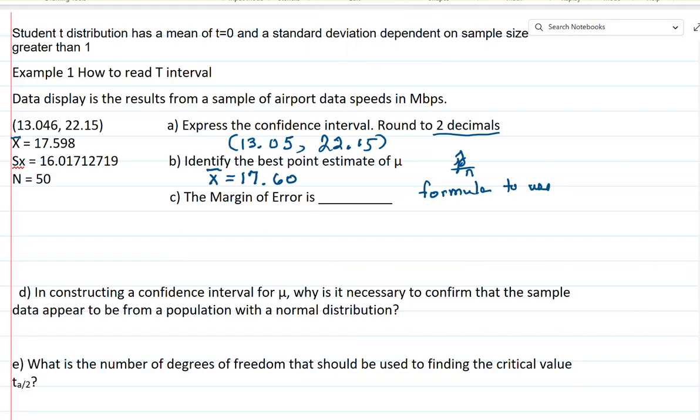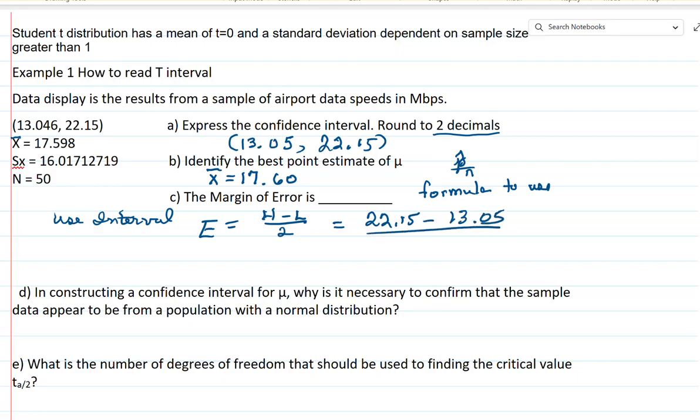So for the margin of error, or the rule of thumb for margin of error, we use the interval, and we want the high minus the low divided by 2. And that'll give us the margin of error. So what does that give us? It gives us 22.15 minus the 13.05 divided by 2. When we do this math,